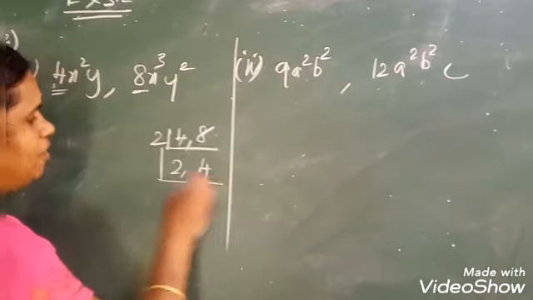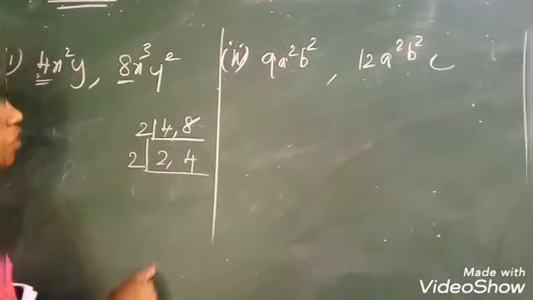Okay girls. Next you have to divide with the 2 table. 1 2 is 2, 2 2s are... Okay, now you should multiply all the numbers. That should be the LCM. 2 into 2 into 1 into 2. 2 2s are 4, 4 2s are 8. So first you have to write the number 8. 8 is the LCM of 4 and 8.